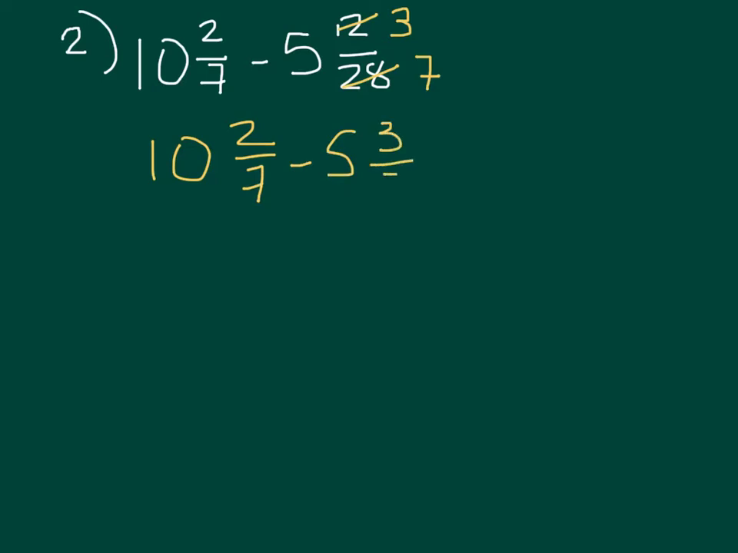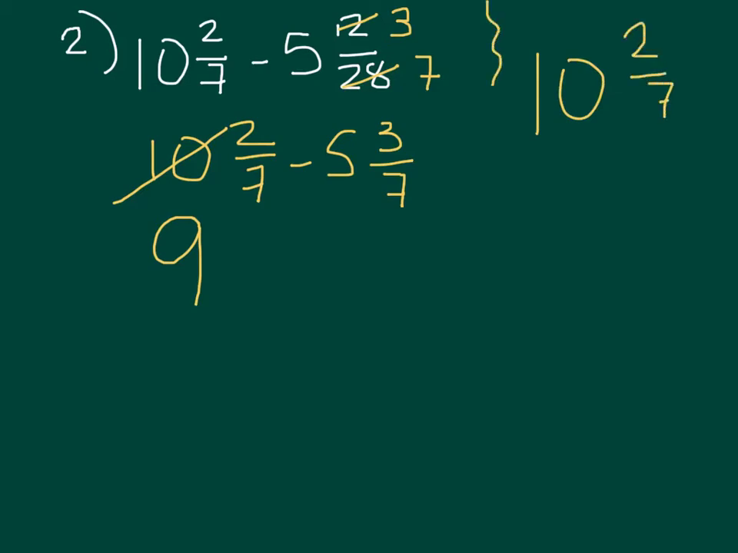Now, I cannot subtract 3 from 2. So what I need to do is rename or borrow from this 10. Now, I want to explain something when we borrow. When we borrow, what we're really asking, in this 10 2/7, I'm asking for one whole number, and that whole number is 7/7. The 7/7 that I have here, I need to add it with the 2, and that will give me